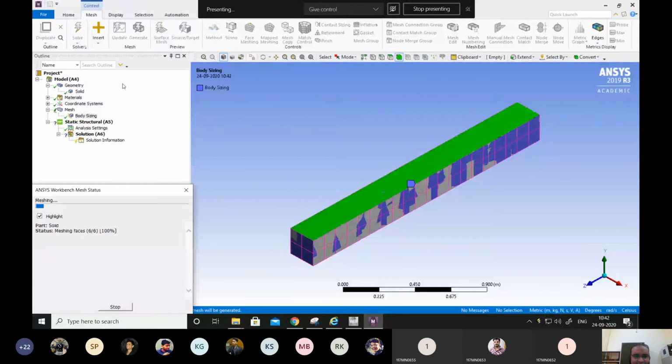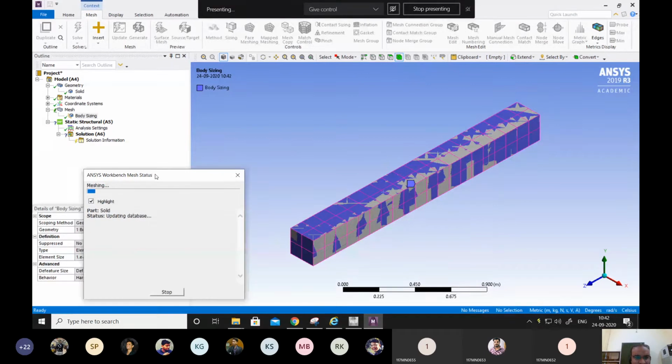After generation, it is generating right now. Let's see if it doesn't exceed the number of elements that we can handle in a regular amount of time.